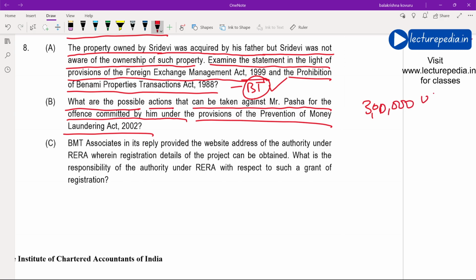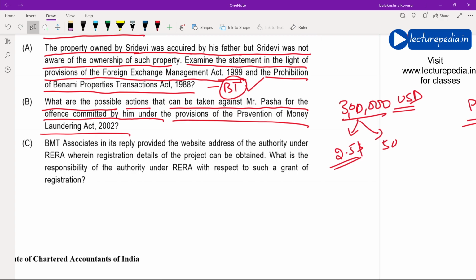Okay, for 3 lakh US dollars he purchases a property. Now of this 3 lakh US dollars, $2,50,000 was paid through normal banking channels, and it was found later that $50,000